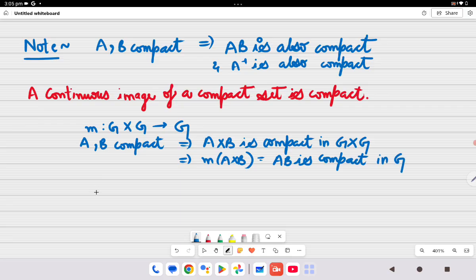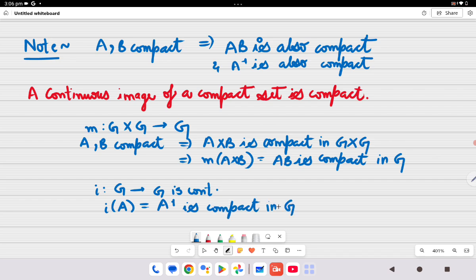Okay, and similarly the inversion map is continuous. So if I take I of A, a continuous image of a compact set, it will be A inverse, and this is compact in G. So this we have proved, and it was a very easy result. Okay. Now